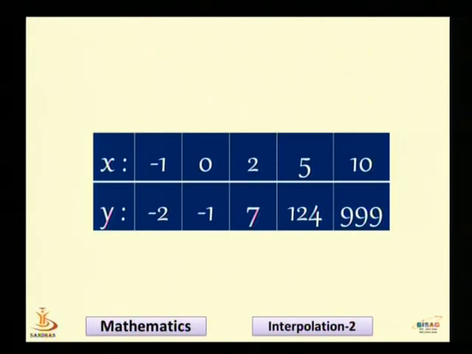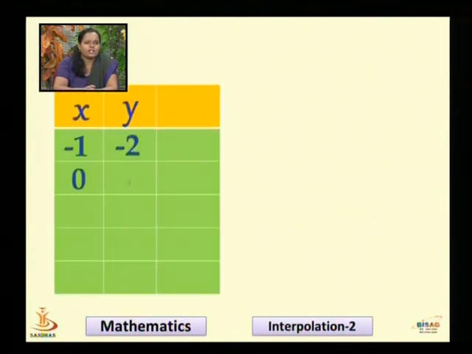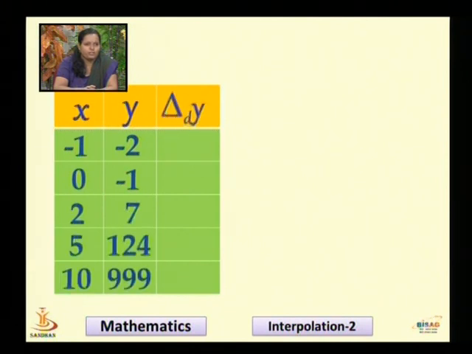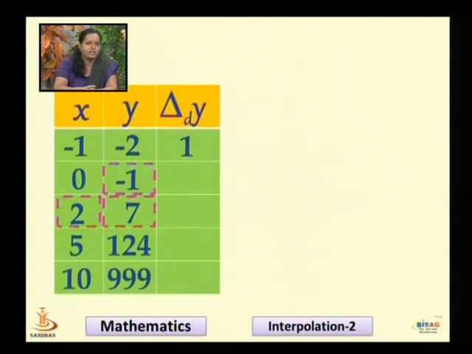Now, let's take another example consisting of 5 tabular points, how to construct a divided difference table. Corresponding x and y values in the tabular form. Let us first construct the first order divided differences. Delta dy1, that is minus 1 minus minus 2 divided by 0 minus minus 1, the answer is 1. The first order divided difference at the second point will be 7 minus minus 1 divided by 2 minus 0,